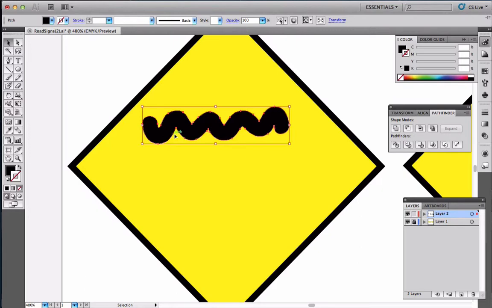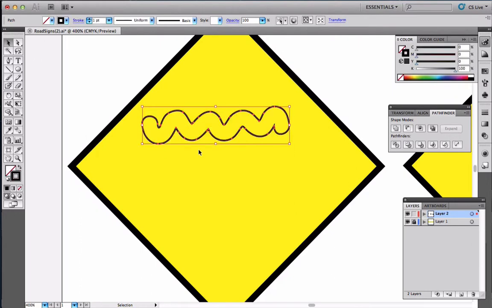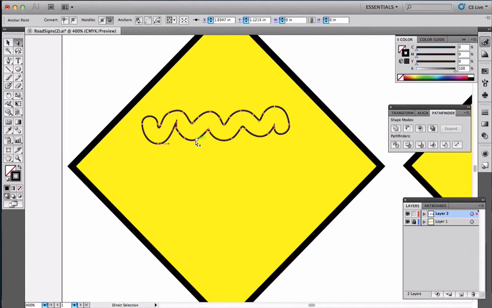And what that means is that all these anchor points are outside anchor points, and I can create with that shape that I just made an actual path that is only outline, and I can treat it just like with all my other shapes